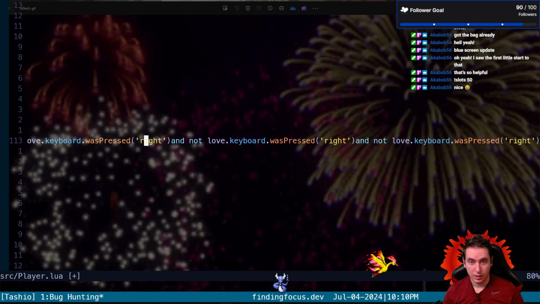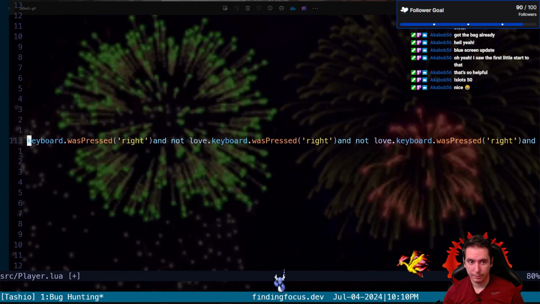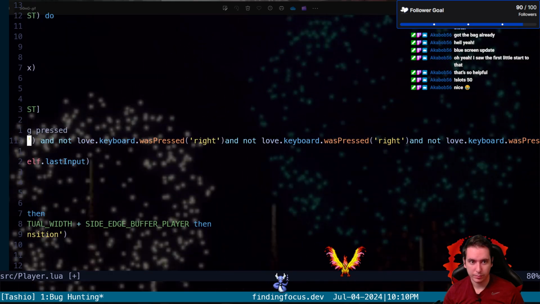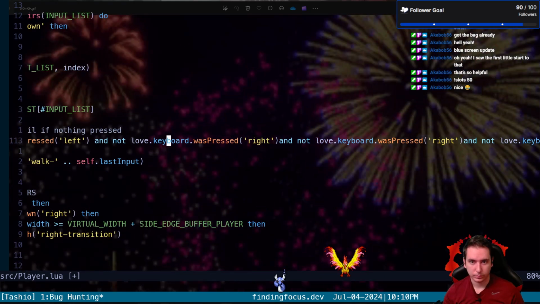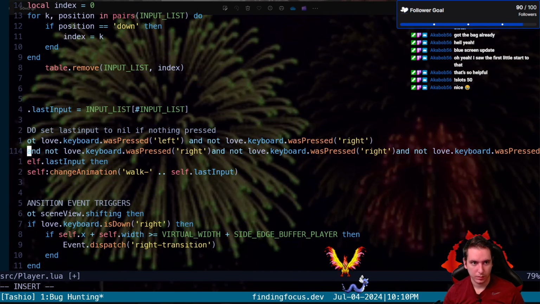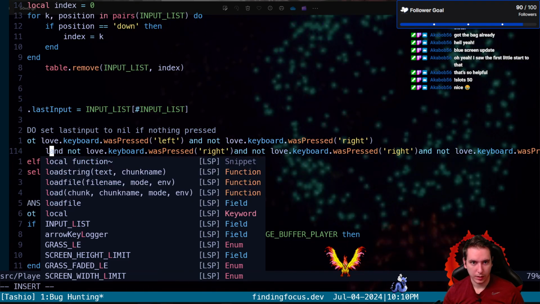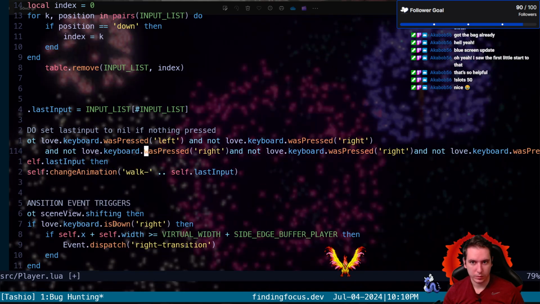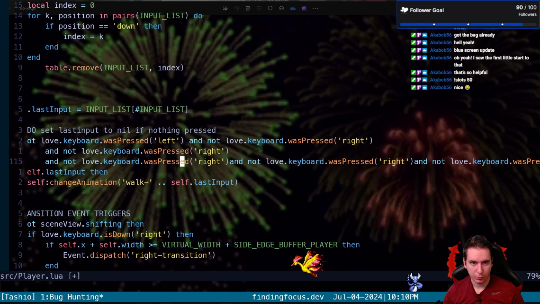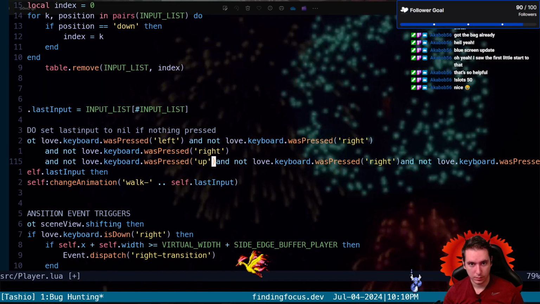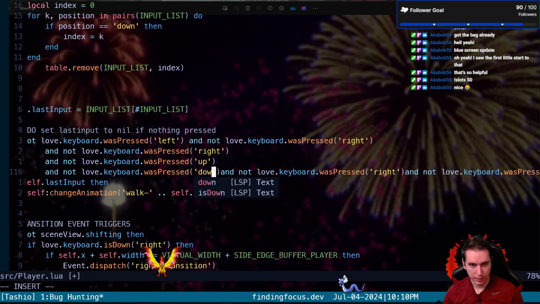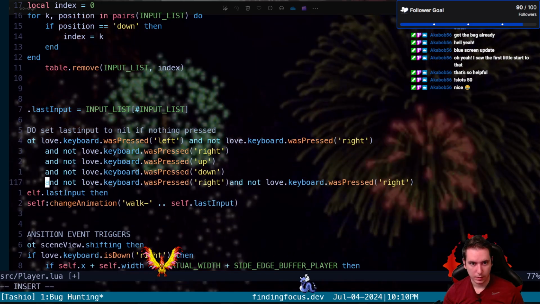Yeah, I don't know. We need 8 of these. So maybe we can just put them on new lines here and say, and right was not pressed, and up was not pressed, and down was not pressed, and